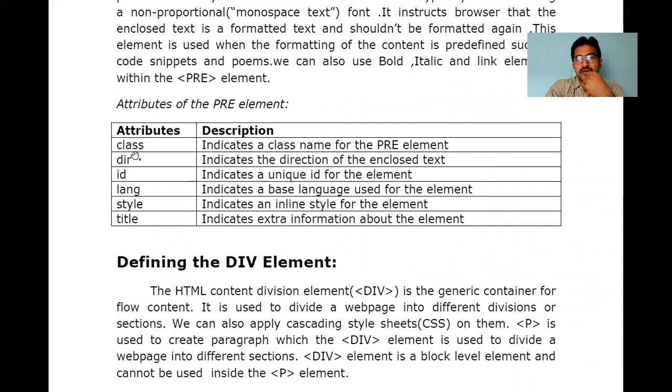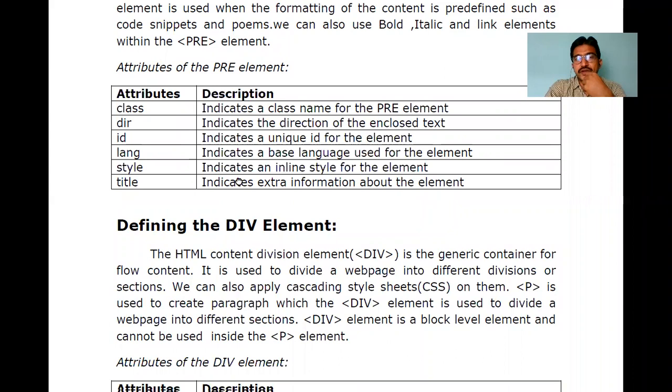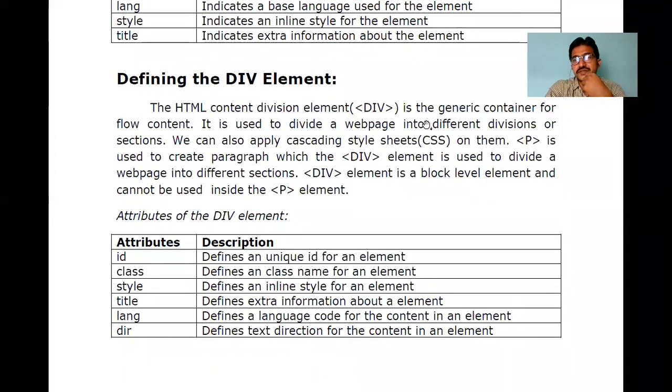The attributes, as we already discussed: class and ID are common, language, style, direction, and title. The next topic is div. The div purpose is for dividing a paragraph, applying any style, alignment or arrangement to a particular block of text.